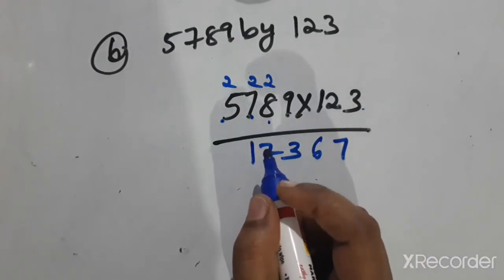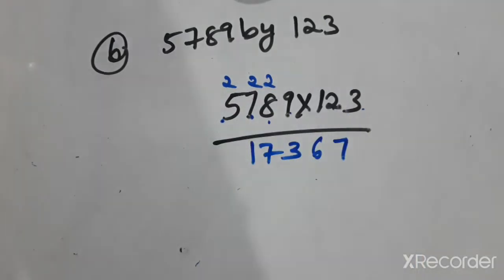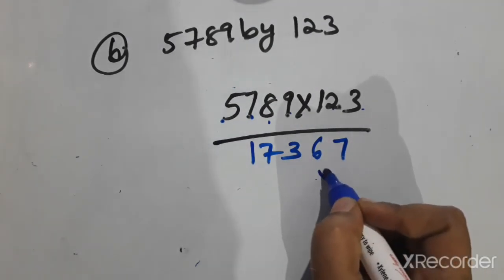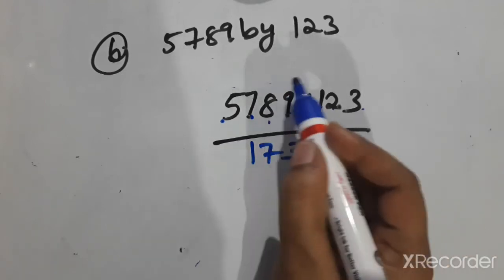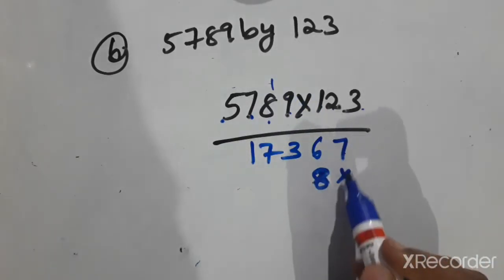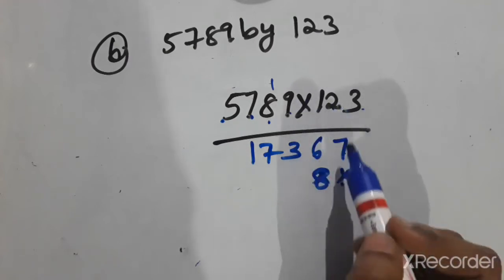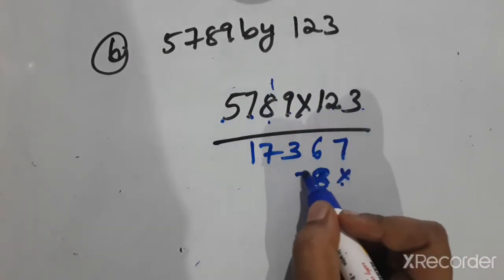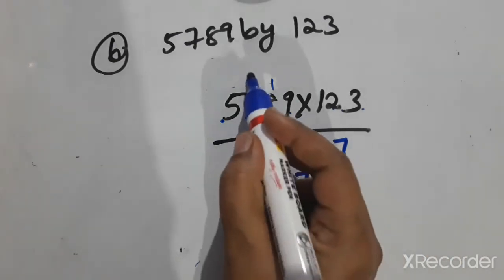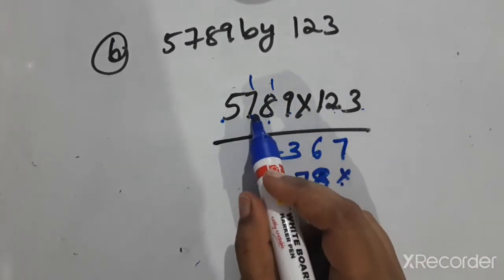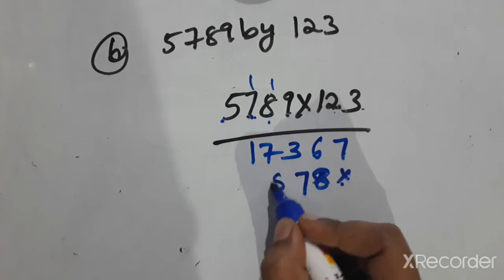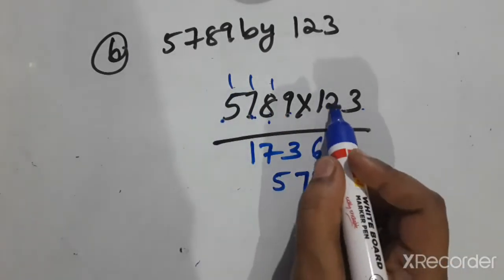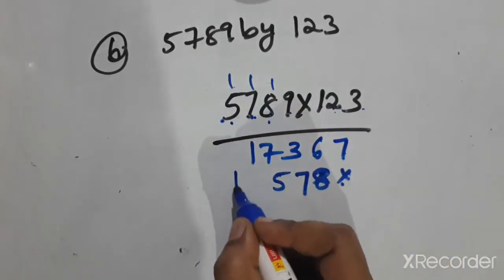Okay, that number is over. Now we have to multiply with 2. 2 into 9, 2 9s are 18, means leave one space and write 18, means 8 here, 1 carry out to the next place. Okay, this place we have to leave. Now 2 9s are 18, 8, 1 carry out to the next place. 2 8s are 16, 16 plus 1 is 17, 1 carry out to the next place. 2 7s are 14, 14 plus 1 is 15, so 5, 1 carry out to the next place. 2 5s are 10, 10 plus 1 is 11.